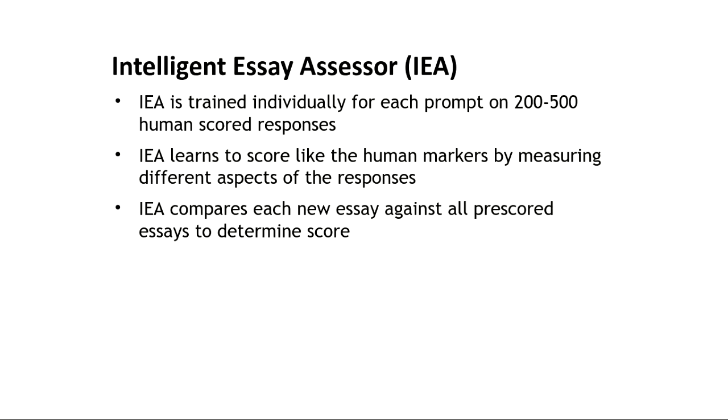Okay, so again we use the same sort of system. We train the engines first, using responses that have been expert marked. We then lock it down and validate it with another set of data and check whether the machine scores have extremely high correlations with the human scores. The correlations for writing and speaking are in the 0.99s. They are really, really high.